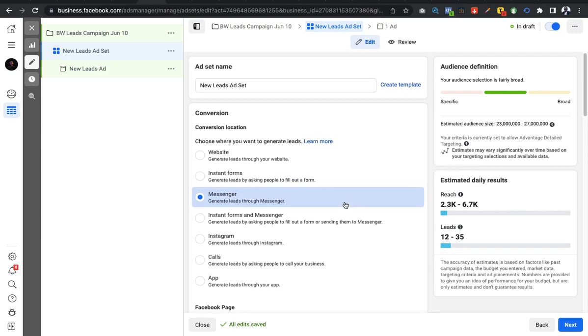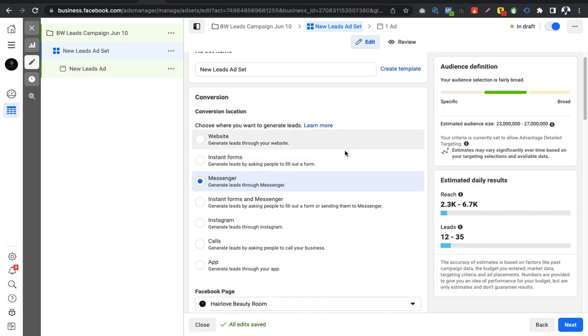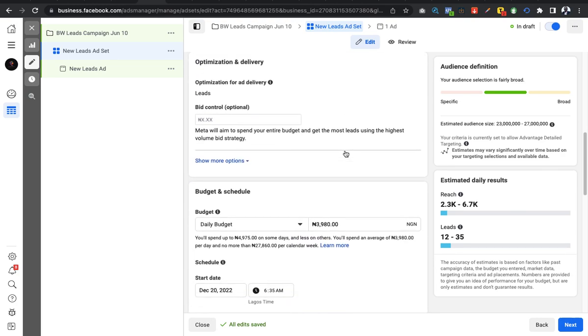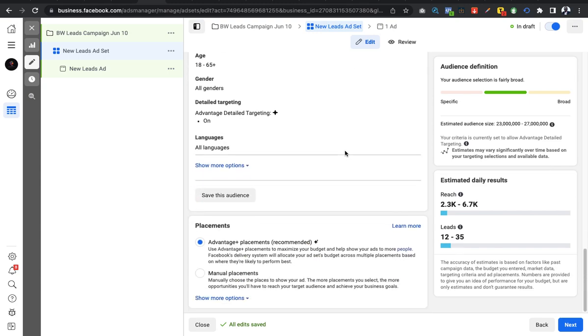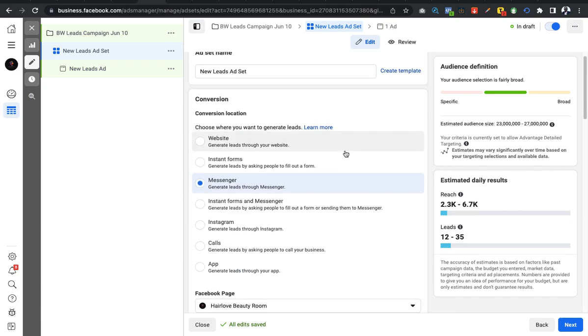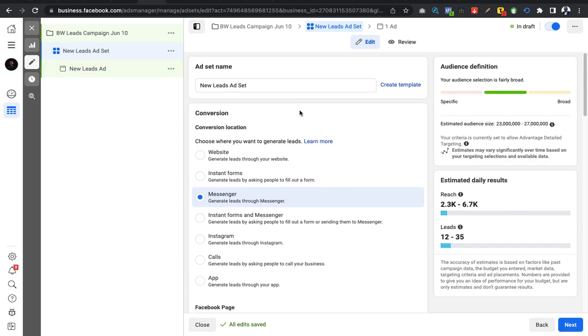Ad set means ad settings. This is where we set our conversion location, the budget, the page you want to use, the audience targeting, and so many other things like that, including the placement as well, before we proceed to the ad itself, the ad creative. So at this point now, we are going to choose